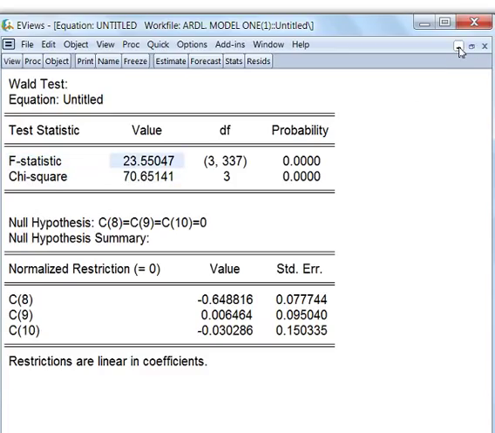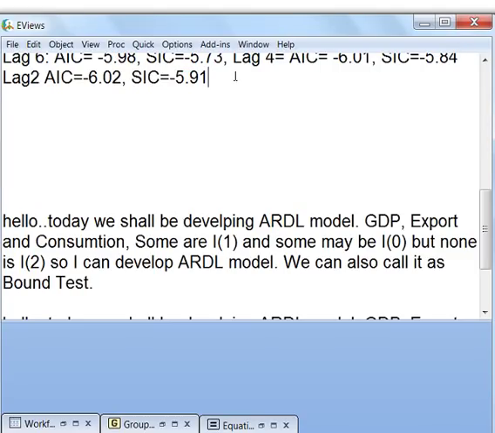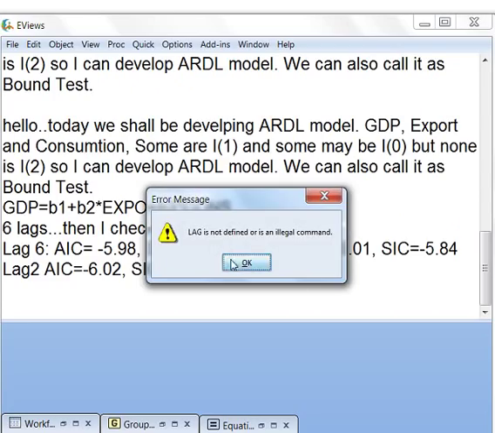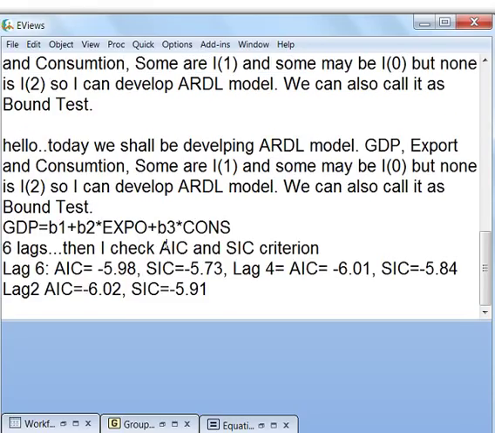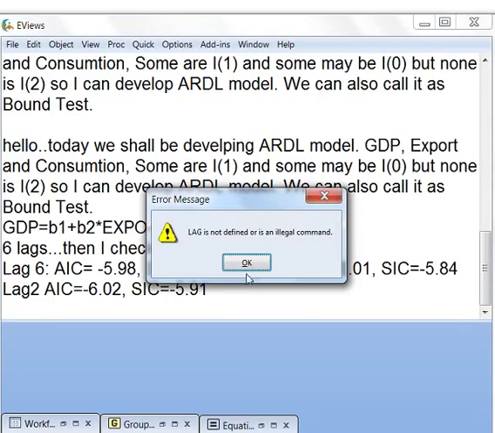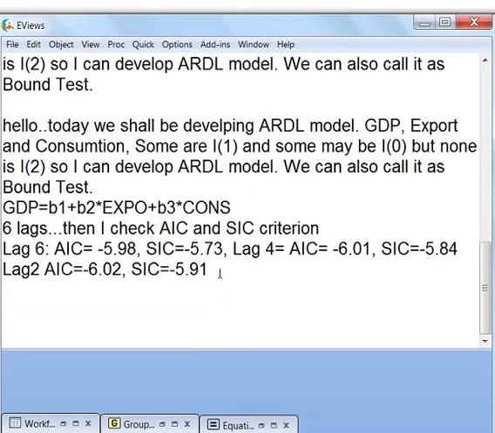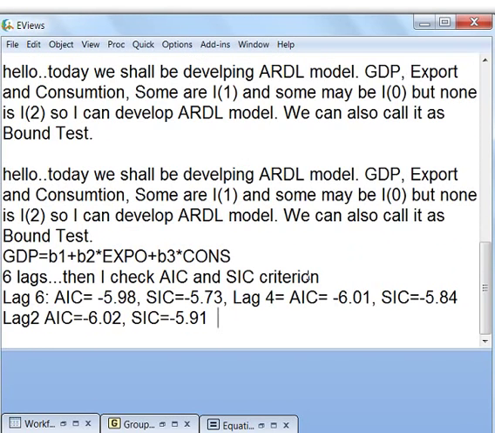That is my F statistic. I take it up a little bit so that we can see it. Our F statistic value